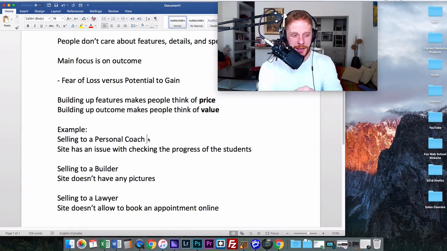So a better way to sell to this coach would be to go, look, okay, I have a really good software that I know is going to fix this problem. Once I put it in place, it's going to mean that you can check all of your students in real time, see exactly where they're getting stuck, see what videos maybe they've rewatched that they might want to know more about, see when they've finished, so then you can get in touch with them, maybe offer them future training, get some feedback on the course. You'll be able to do all of this in real time. It's going to be really, really easy to set up.